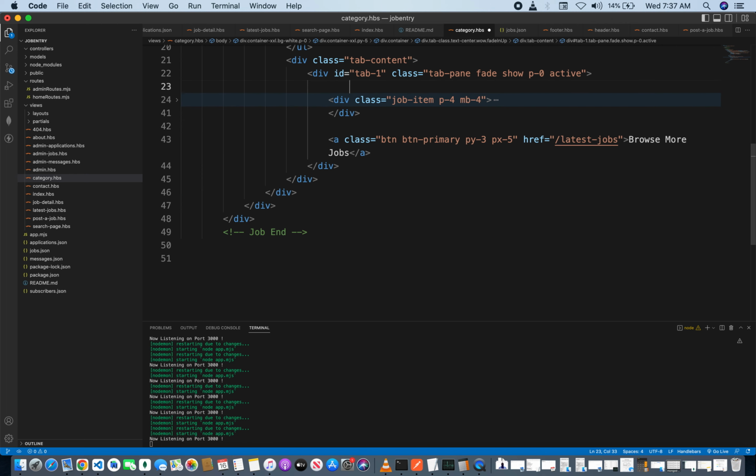Marketing jobs should be equal to jobs, that's all the jobs, then for each child there, we try to find the ones where the category is what? Where the category is